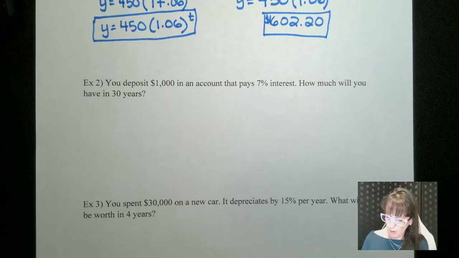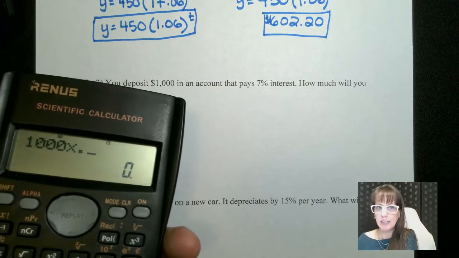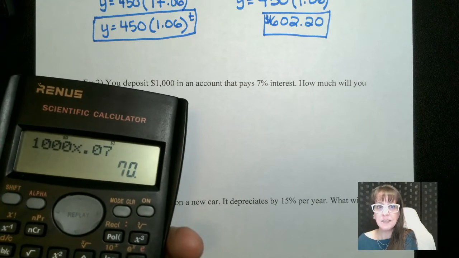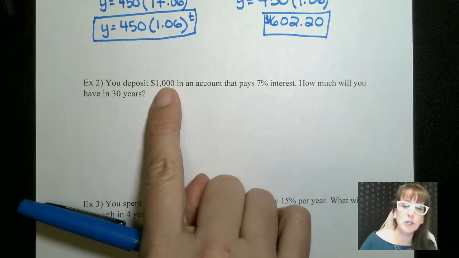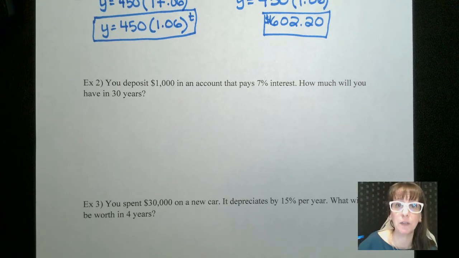right? So we've got 1,000, let me show you, times 0.07, that gives us $70. So at the end of the first year, you've made $70 for doing nothing other than leaving your money in there. It's amazing, right? So the next year, you're starting with